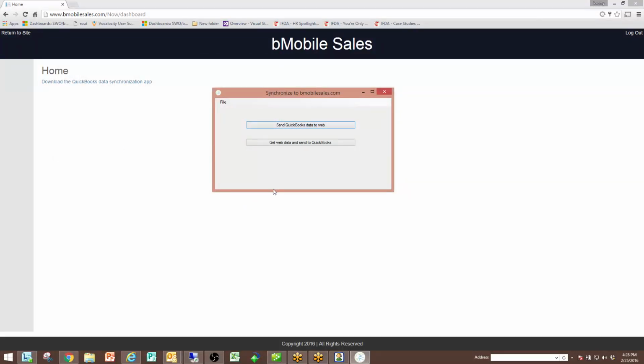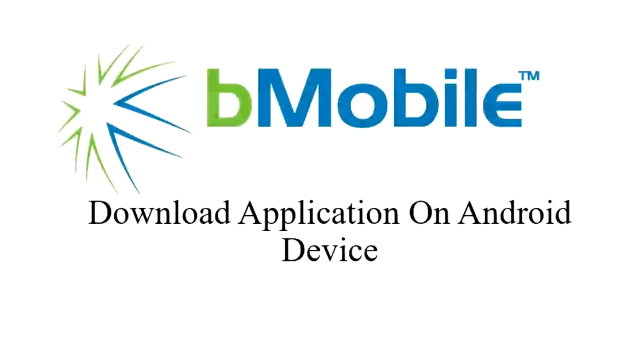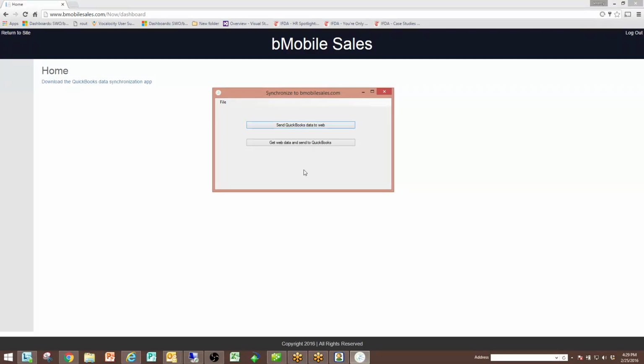And then at that point, you have loaded this application and you have gotten through the connection to QuickBooks, and we're on to step 3, which is synchronization of data to the cloud. So step 3 is simply, once you've made that connection and you've got the synchronization app connected to QuickBooks, you're going to go to this first option, which is send